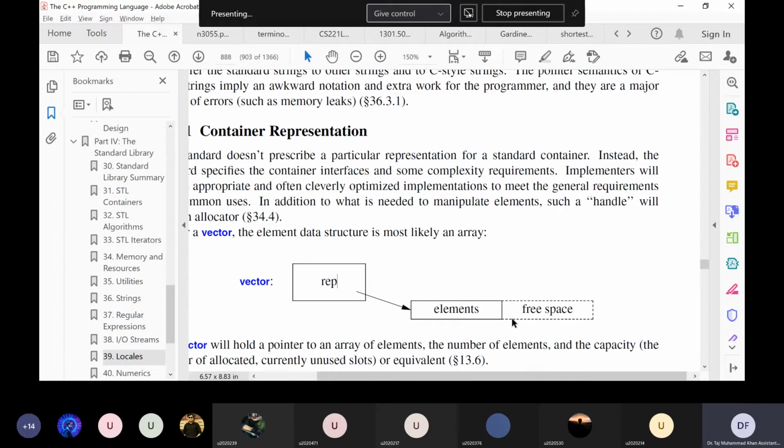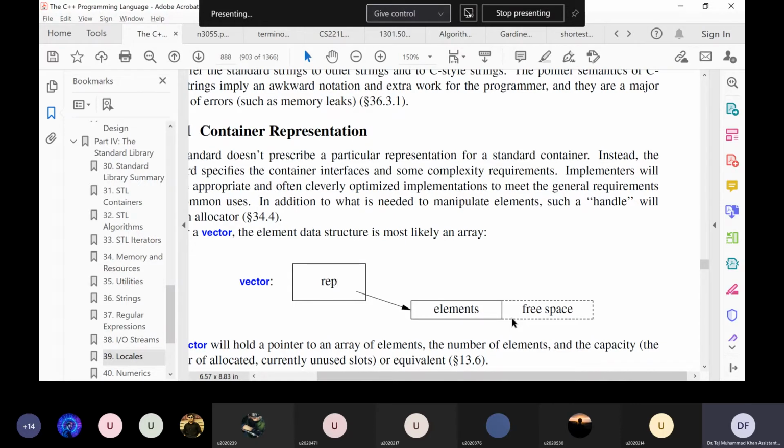Again, it will not allocate more space for just one more element. Again, it will allocate space for 200 elements. So it will double the size of the capacity of the vector. So again, the next 100 insertions will not need to access the heap, and they will be faster.